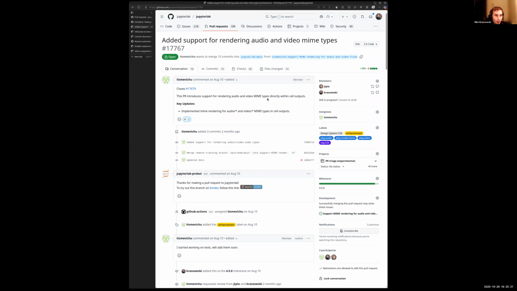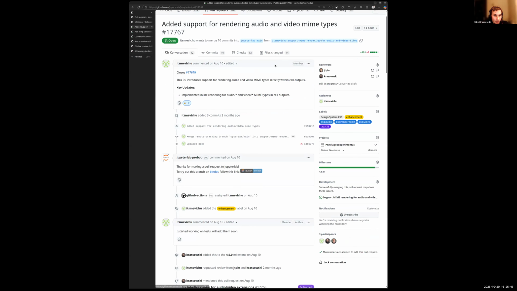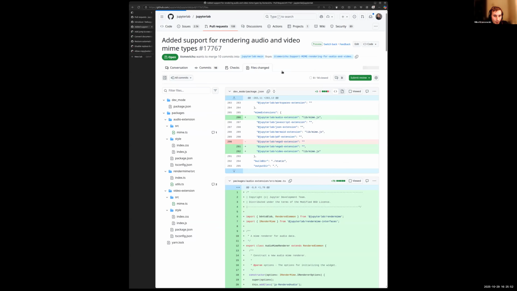Okay. Moving to the next one. This is adding a renderer for audio and video, which is kind of a sibling to a pull request from Jeremy earlier, which added rendering of these types of files in main area widgets. And I wanted to ask a very specific question,